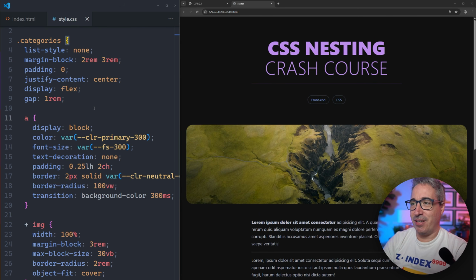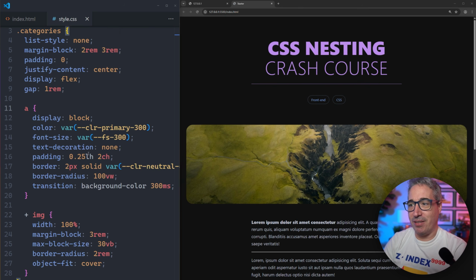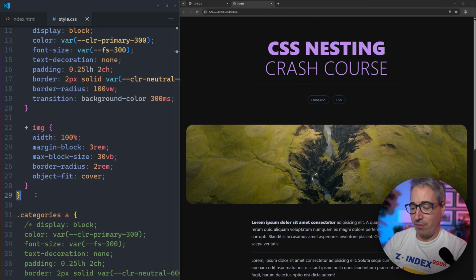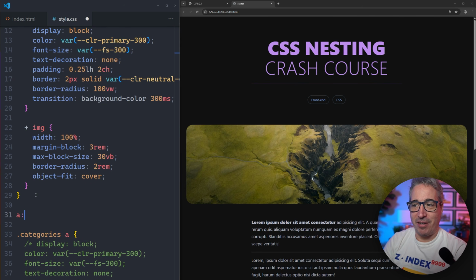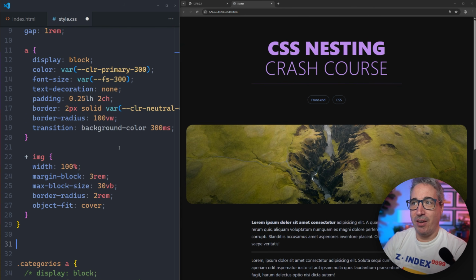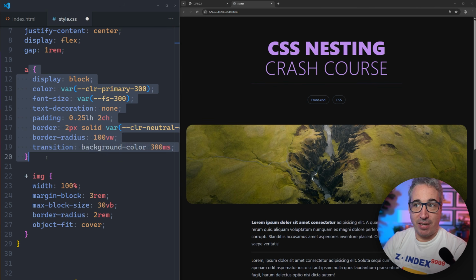Now, with this, these are links, and we don't have any hover on them, which is bad. Anything that's interactive, we should have multiple ways of letting the user know they can actually interact with it. So if you've done link stuff before, you've probably done an a:hover and an a:focus, something like that. And once again, we can use nesting, but really importantly,